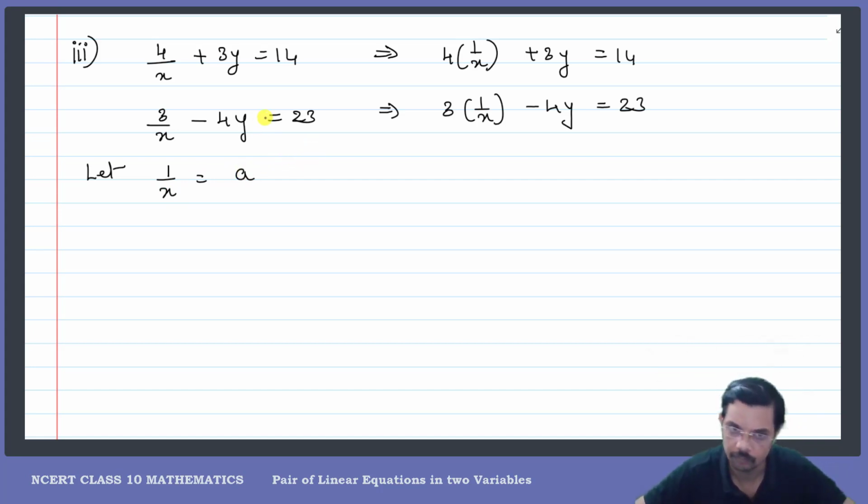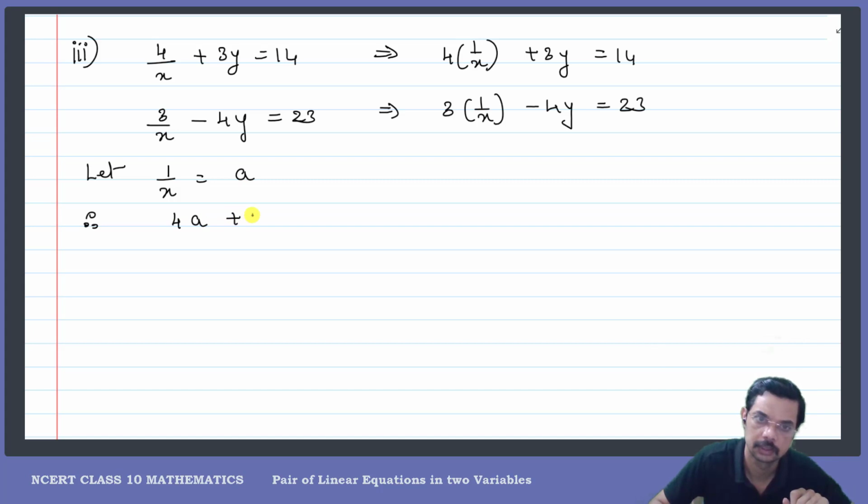So the equations become 4 into a plus 3y equal to 14, because this is in the linear form only. This was in the non-linear form so I made it into a linear form. So now 3a minus 4y